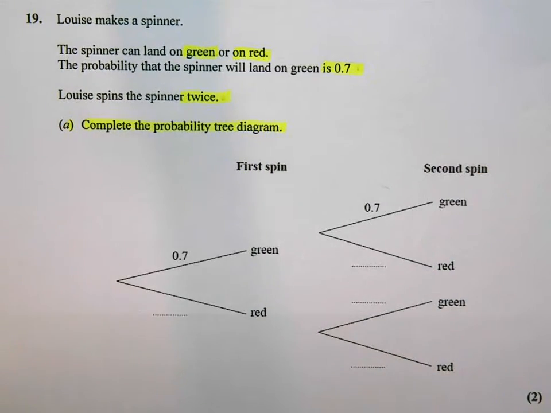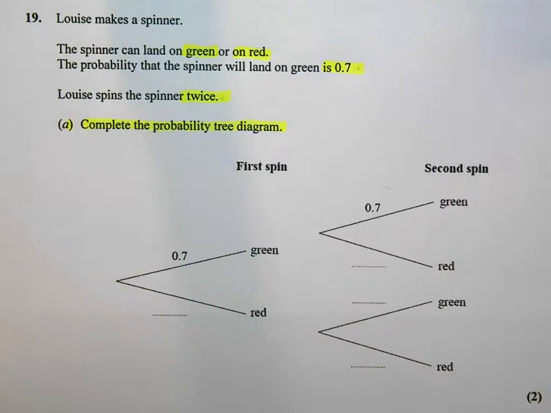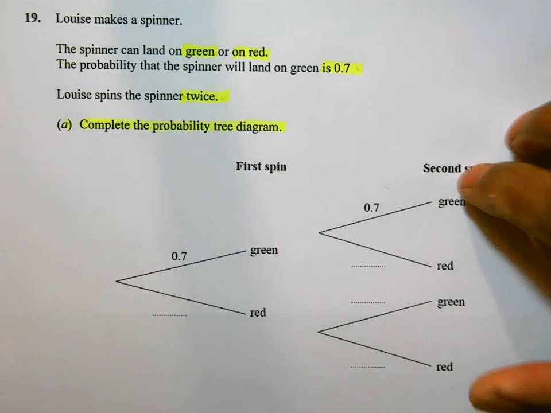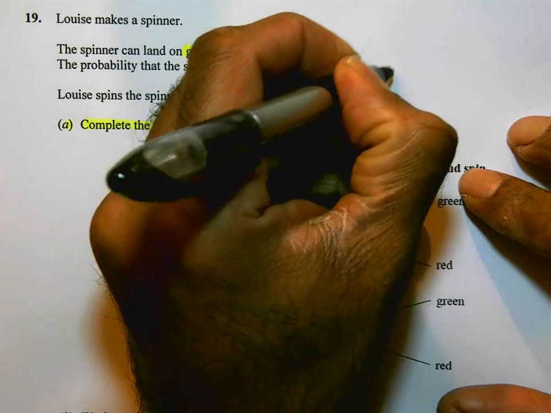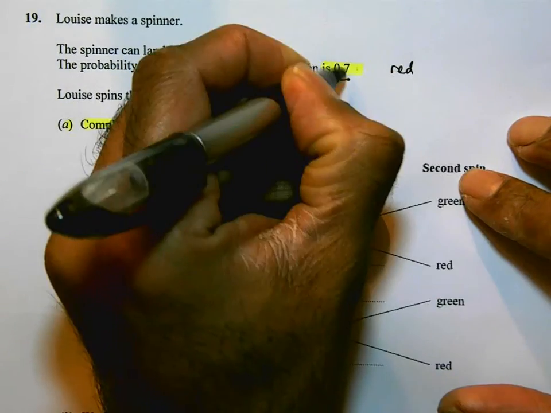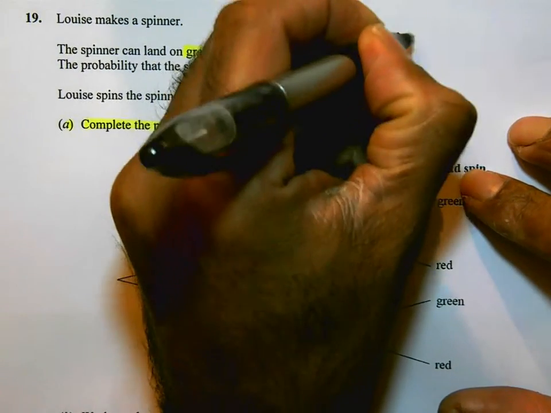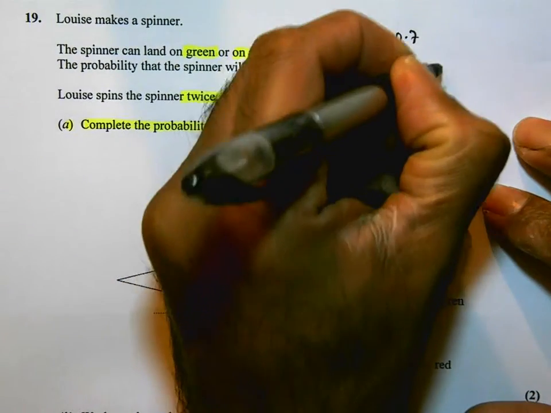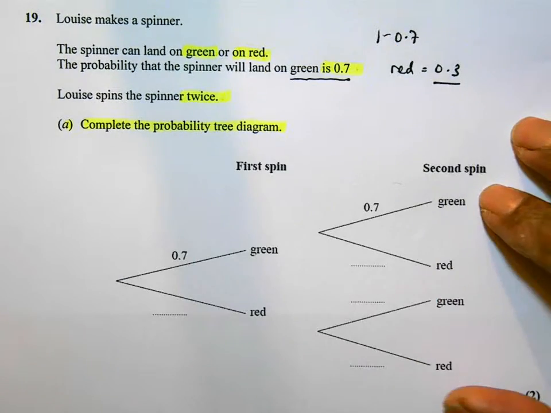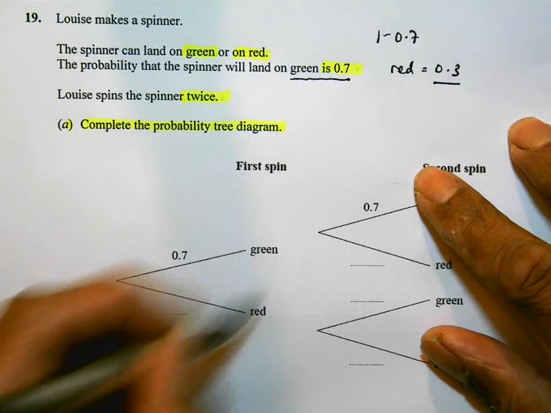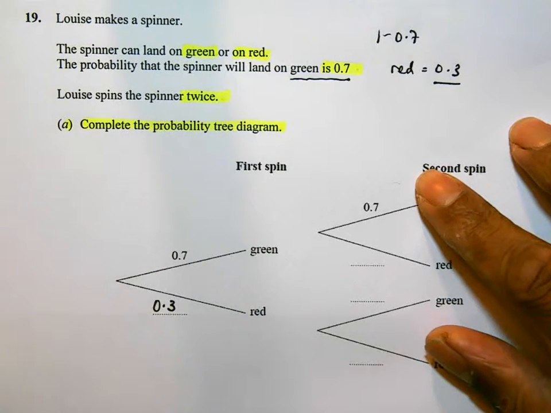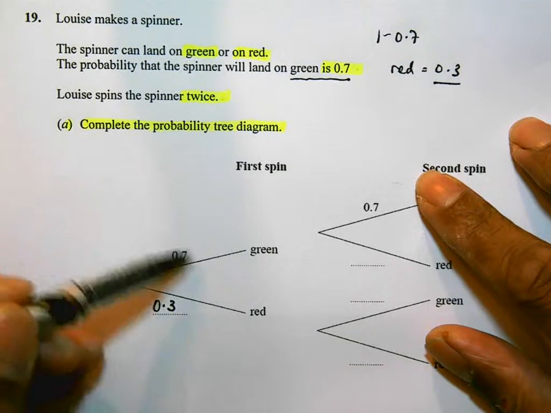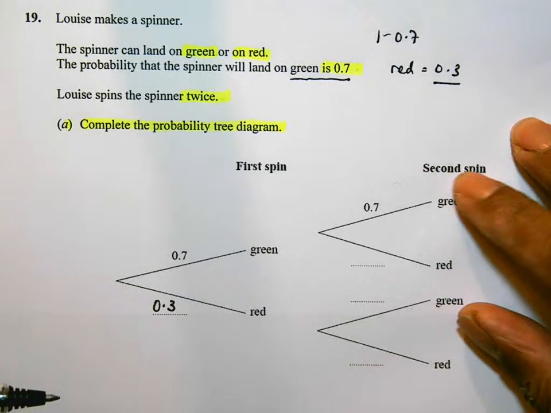So we're told that the spinner could land on either green or red. So the probability that it's green is 0.7. The probability that it would be red is going to be 1 take away 0.7, which is 0.3. You should be able to gather that from the tree diagram. This here, the probability that it's going to be red is going to be 0.3, because these two probabilities on a pair of branches should add up to 1. So if this is 0.3,